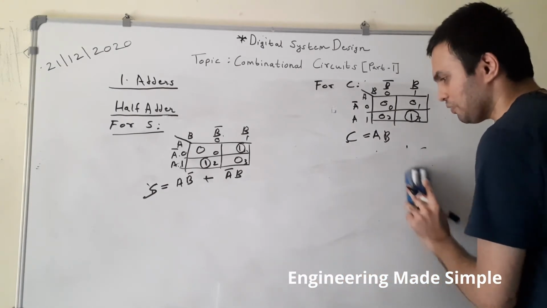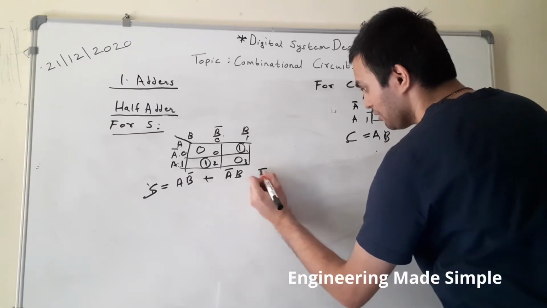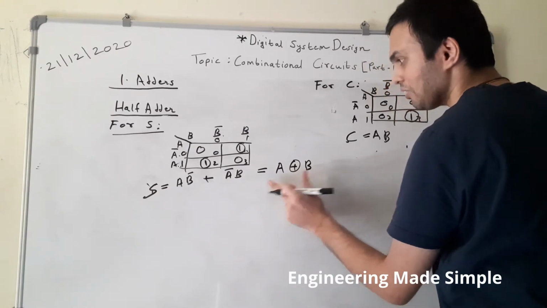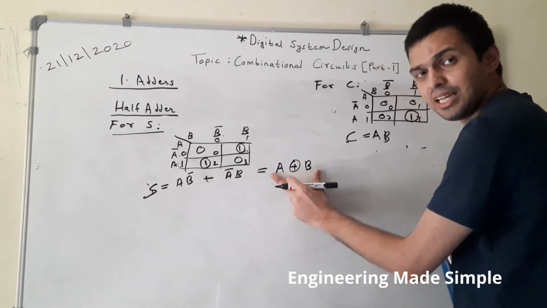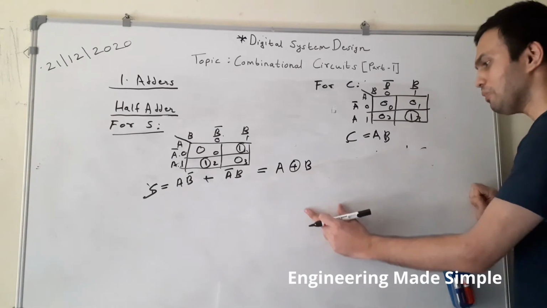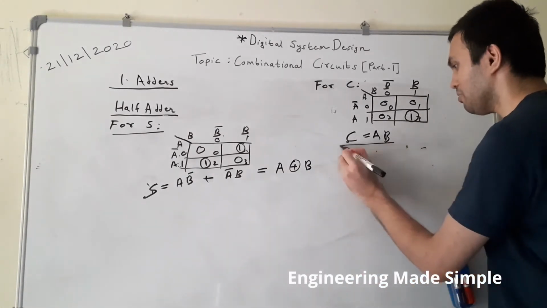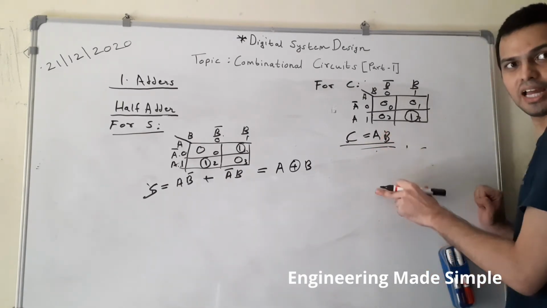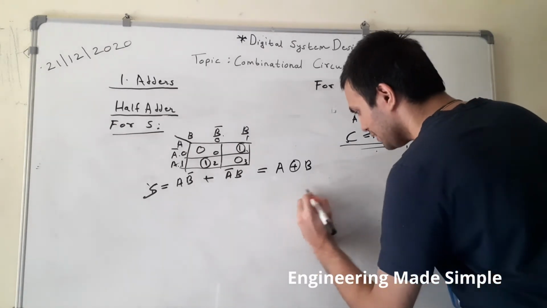Now let us implement the circuit. Now we have expressions for sum and carry. Now see, S is equal to AB bar plus A bar B. So this equation can also be written as A XOR B, because A XOR B can also be written as AB bar plus A bar B. So the sum expression can be implemented by using a single XOR gate with 2 inputs also, but we will implement using AND or NOT logic. So it will be pretty much clear, and this is also pretty much clear because C is equal to A into B, meaning an AND gate is there between them. So carry can be implemented using one single AND gate.